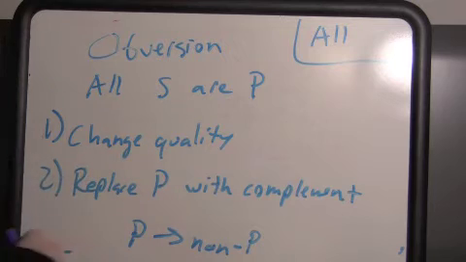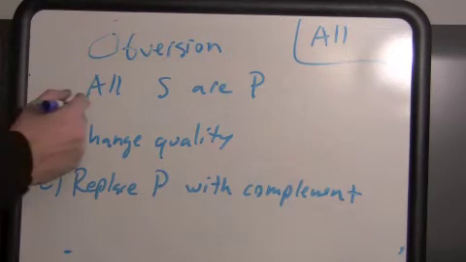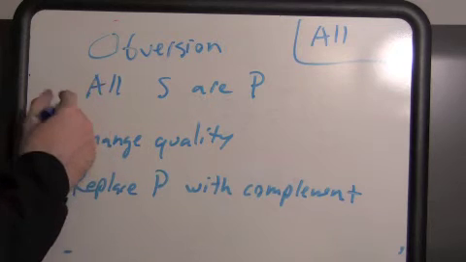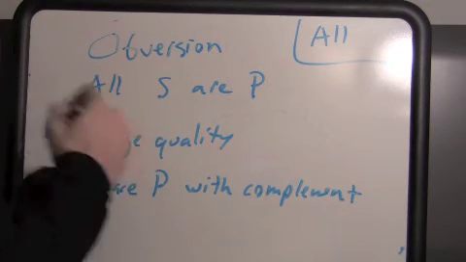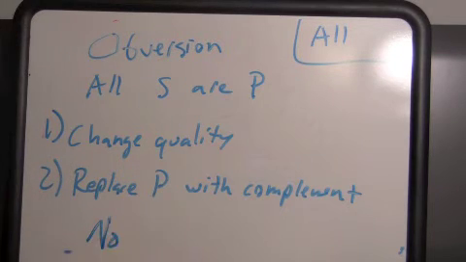So replace the P with its complement. So let's do it, right? If we change the quality, that means we have to change it from being positive into being negative, from affirmative to negative. So in this case we're going to write: No S are